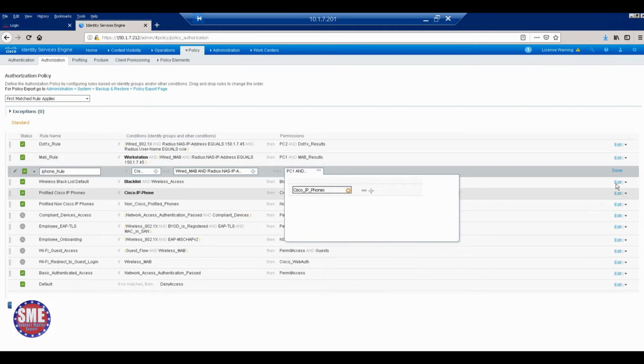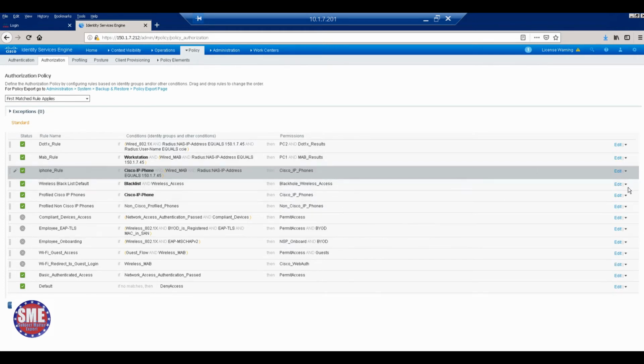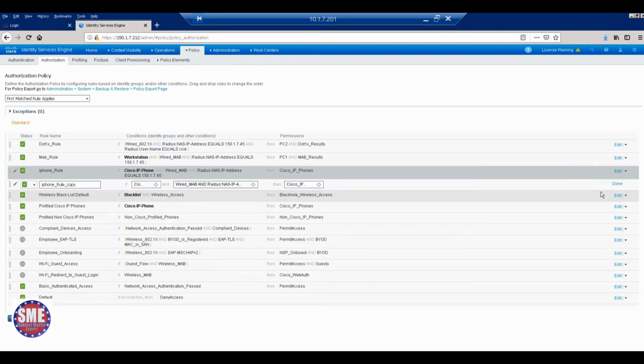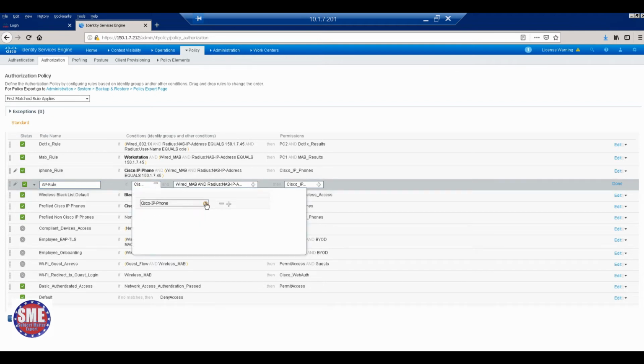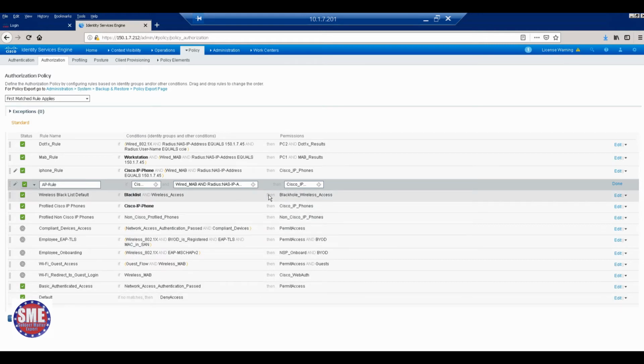Phone, yeah, done. And Cisco IP phone also already there, right? Duplicate below. Change which one? AP, right? It's okay. AP rule. Here it will come endpoint Air AP, right? Endpoint preview endpoint Air AP profile Air AP Cisco Air AP. Yes, this is we created, right? Conditions both are same. Just expand it.